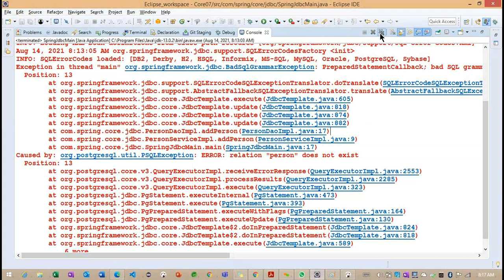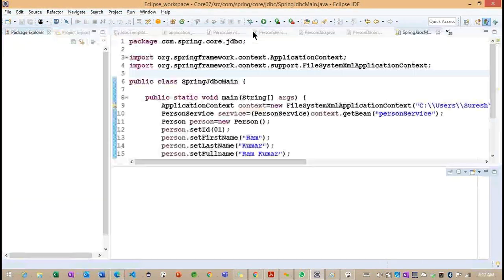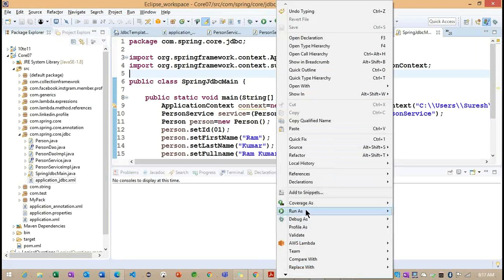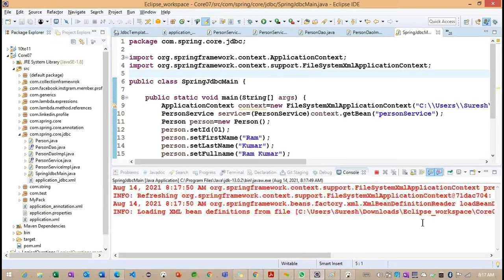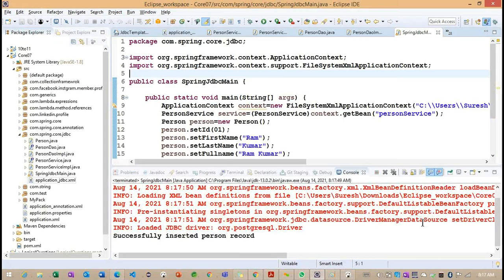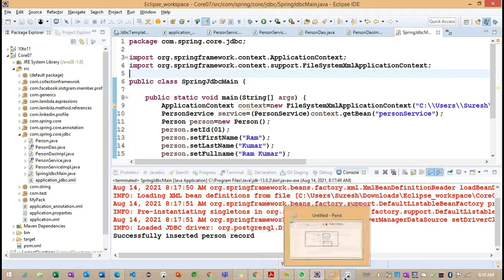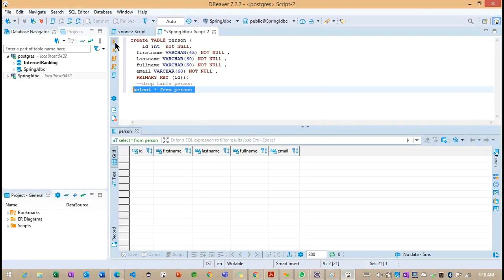Now I am going to run the same example one more time. Now I can see, what is the message we are getting? Successfully inserted person record. Right. So if it is successfully inserted, we can go to the database. Click on this.